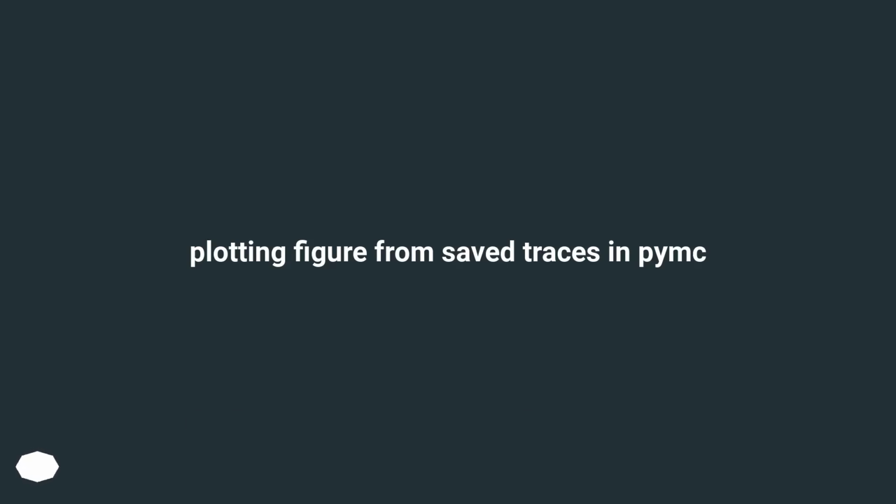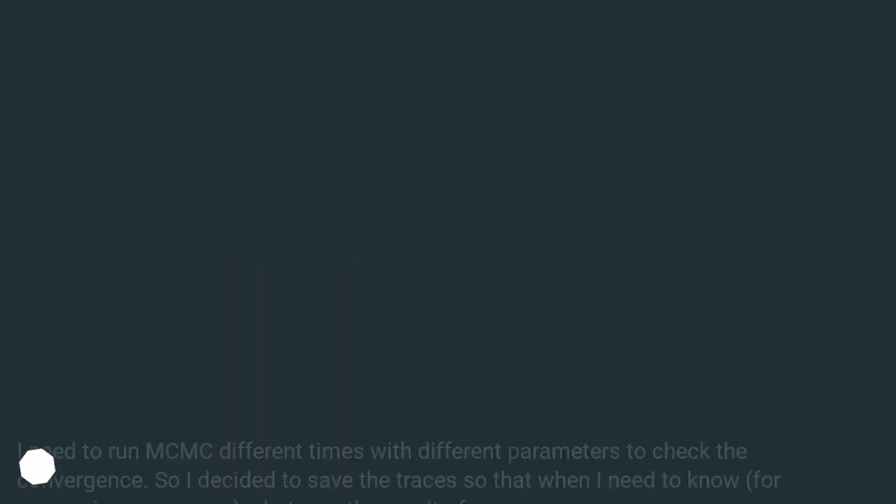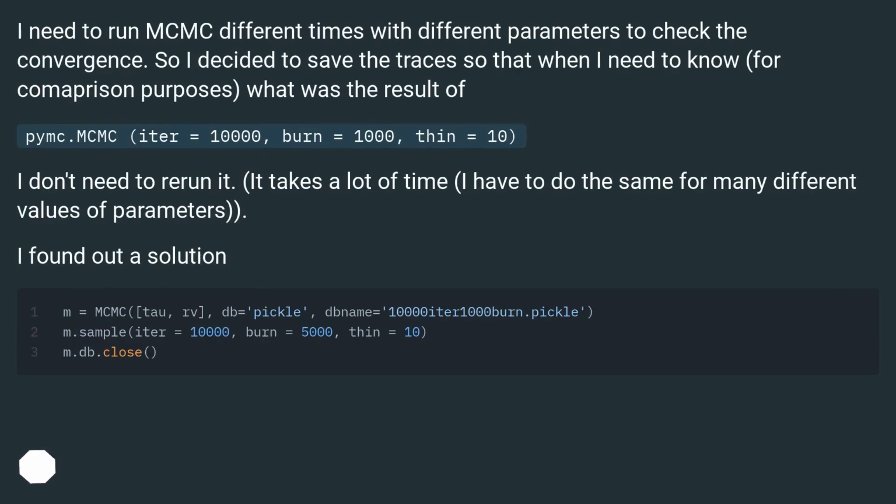Plotting figure from saved traces in PyMC. I need to run MCMC different times with different parameters to check the convergence. So I decided to save the traces so that when I need to know, for comparison purposes, what was the result of pymc.MCMC, eta equals 10,000, burn equals 1000, thin equals 10,